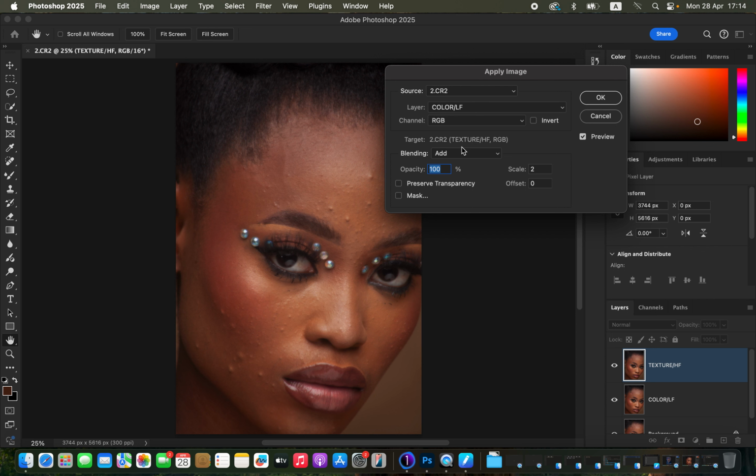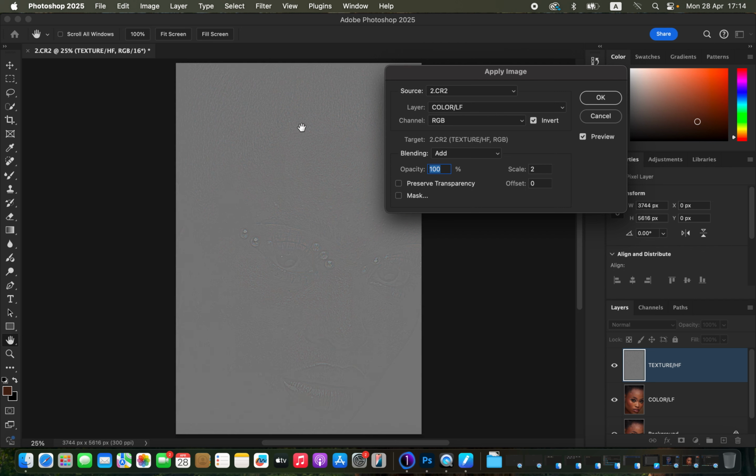Channel has to be RGB. Make sure the blending, because you're editing a 16-bit image, is set to Add. Opacity at 100%, Preserve Transparency and Mask are not checked. The scale is 2, offset 0. So just type in these values, 2 and 0, and turn on the Invert option, and you'll see the textures